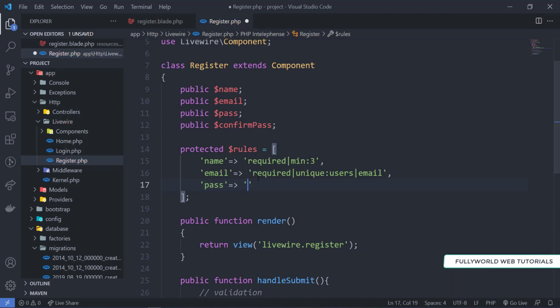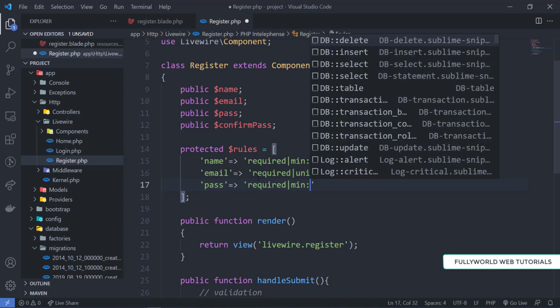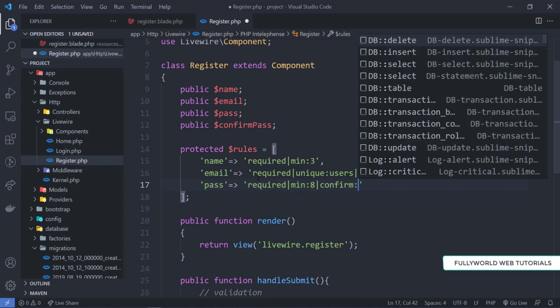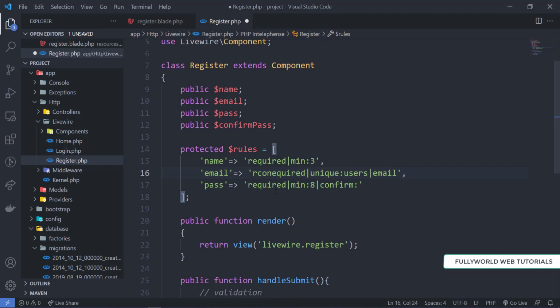And here we have to define the password. Now it is required, and here we want it as minimum 8, and maximum we want anything, and it should be confirmed.